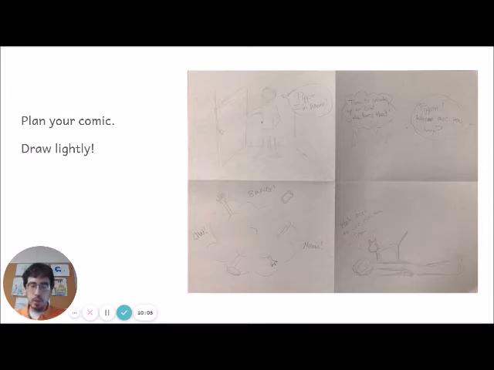You can see I didn't even do a lot of details. I just put mine in there to kind of figure out what I wanted it to sort of look like. I did my words to make sure everything would fit. And then I was done. You can see there's definitely some differences between this one and my finished one, and I'll show you that in a second. So draw lightly, do your basic plan. And then this is where probably, if this is your first class, you can stop. So you'll be ready to work on it next time.